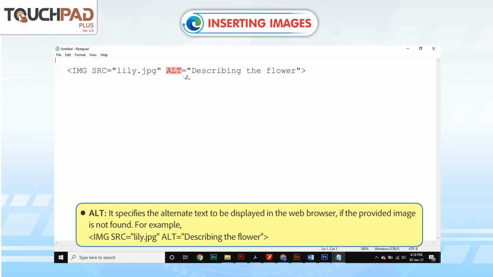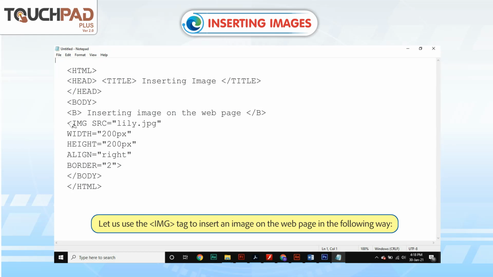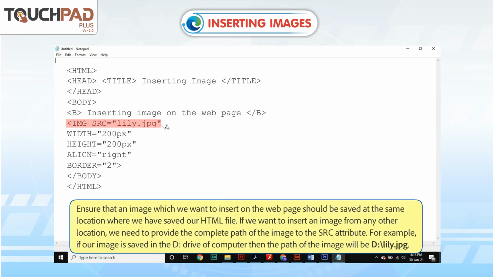For example, let us use the img tag to insert an image on the web page in the following way. Ensure that an image which we want to insert on the web page should be saved at the same location where we have saved our HTML file. If you want to insert an image from any other location, we need to provide the complete path of the image to the src attribute. For example, if our image is saved in the D drive of the computer, then the path of the image will be D drive